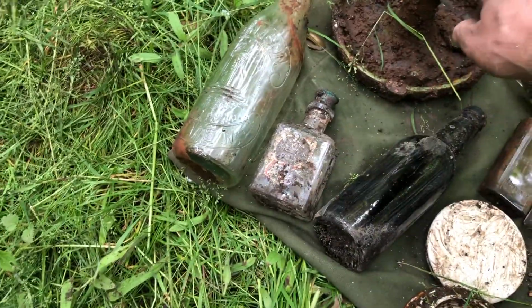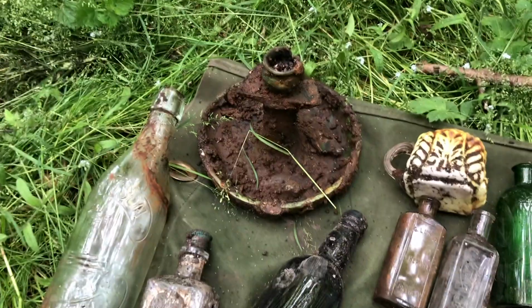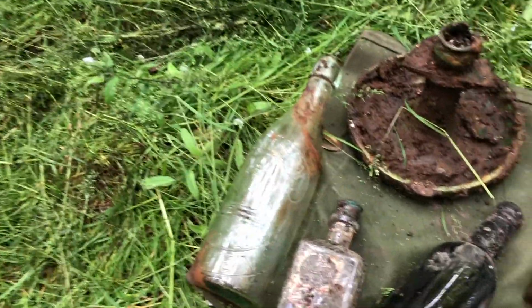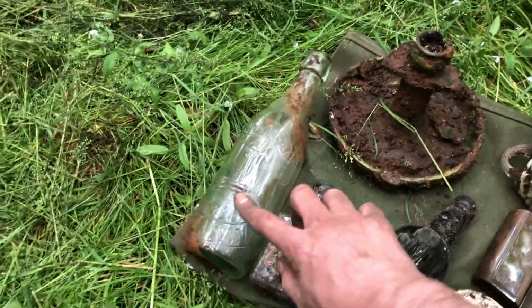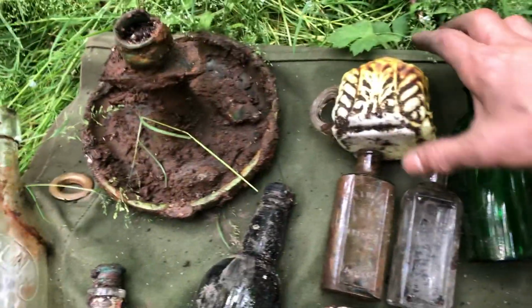And then there's this candlestick holder. Still not sure what I'm going to do with that. Might just chuck it. It seems to be quite far gone. And yeah, I guess the find of the day is between this local bottle, it says Leaving on it, which is a town not too far from here, and this is a